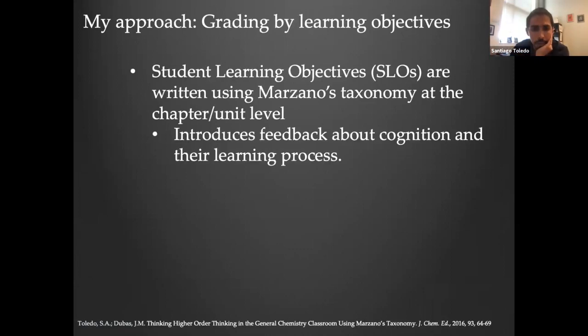So last week, we discussed this idea that we can establish course structures around the idea of learning objectives. In my class, I used this framework called Marzano's Taxonomy of Learning to write learning objectives. And the idea of introducing learning objectives before we start talking about grading is that this was the starting point for me. I didn't just go about changing my grading and then think about SLOs, but instead, once I had the framework of SLOs well developed around Marzano's taxonomy, that launched me into a quest to think, how do I now leverage these really well articulated SLOs into giving students more effective feedback?